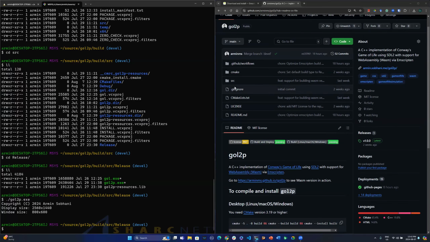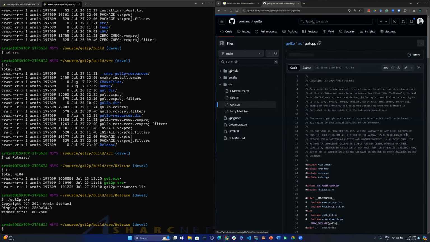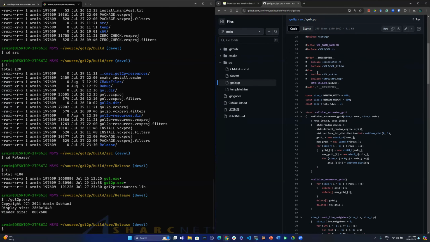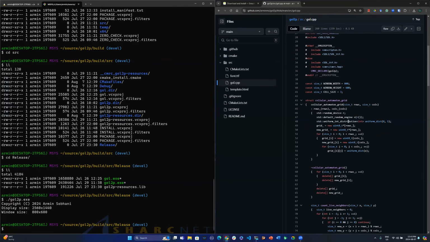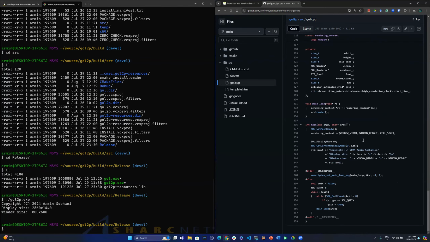All the CMake files are here, and there are some techniques that I used here. For example, how to load fonts and those things in WebAssembly and include them in your source. If you check this source, all of these techniques are here in this sample. So it's a good starting point that gives you a